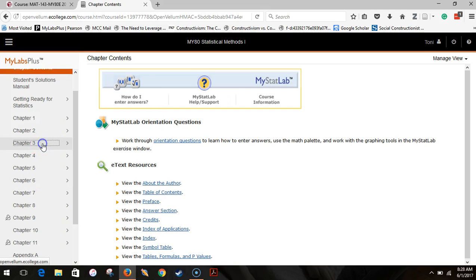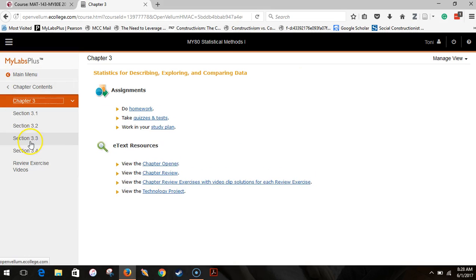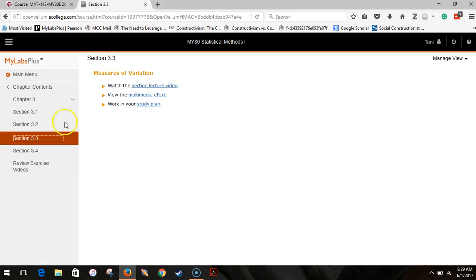Let's say I want to go look at that range rule. I can go to 3 and then section 3.3. Click on multimedia e-text, and it's going to open up in yet another tab. It takes a little while for this guy to open up. It does not really like